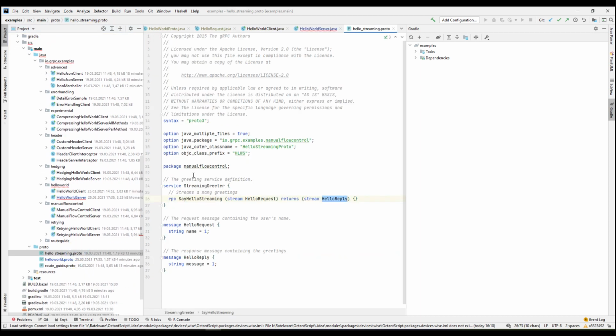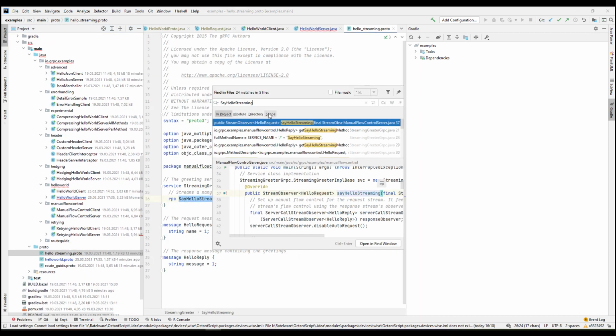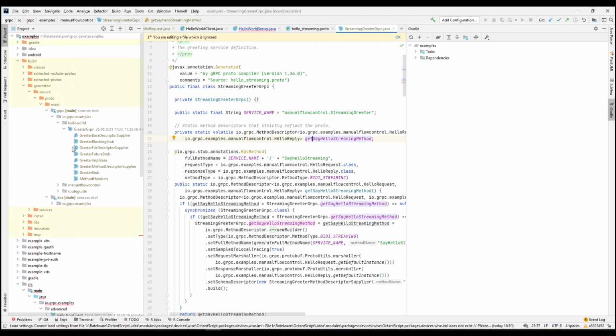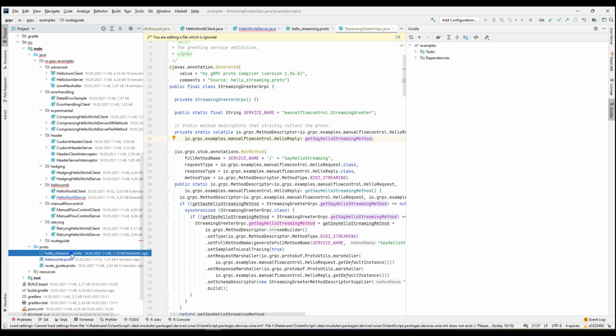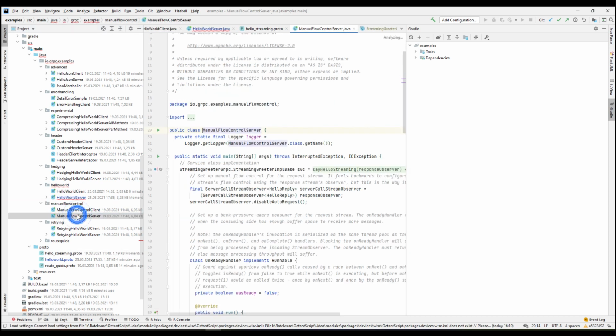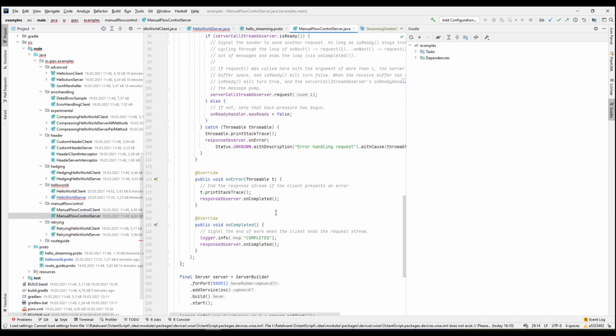the hello streaming thing, because I'm gonna show you how to find this thing in the documentation, and not only how to do that. So this is in manual flow. If you take a look here, then this is moved into the manual flow, and manual flow control is here. So if we go to our server,